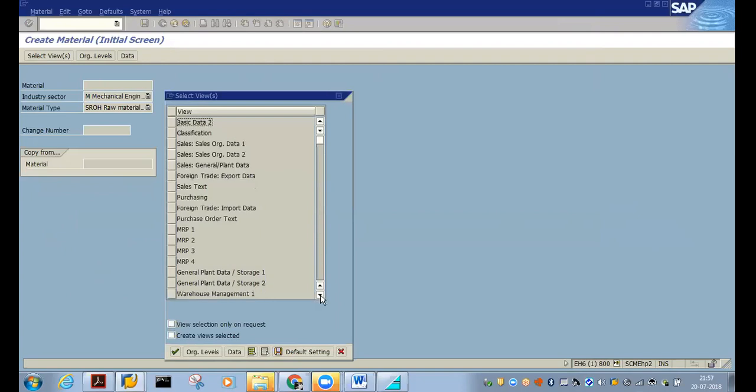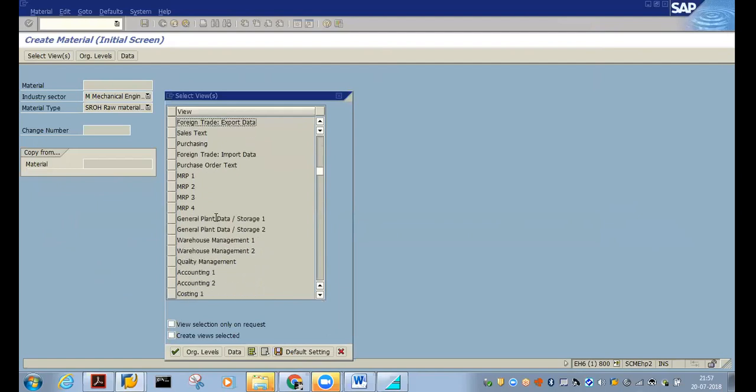You can see the basic data view, sales organization data, purchasing data, foreign trade export-import data, MRP data, and general plant data or storage location data.